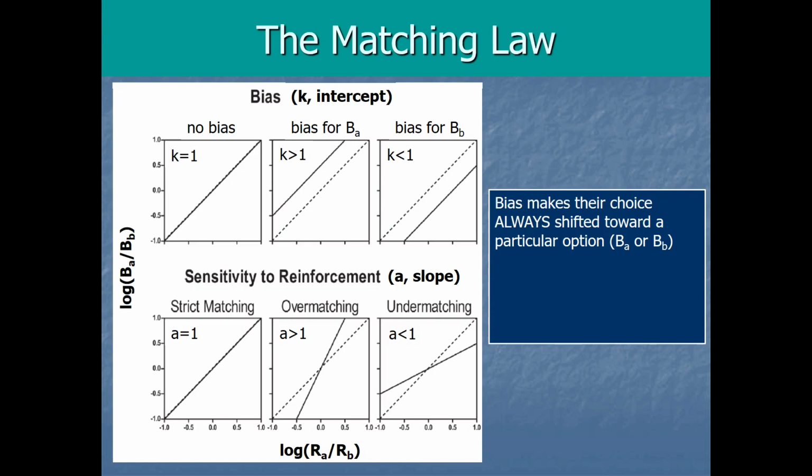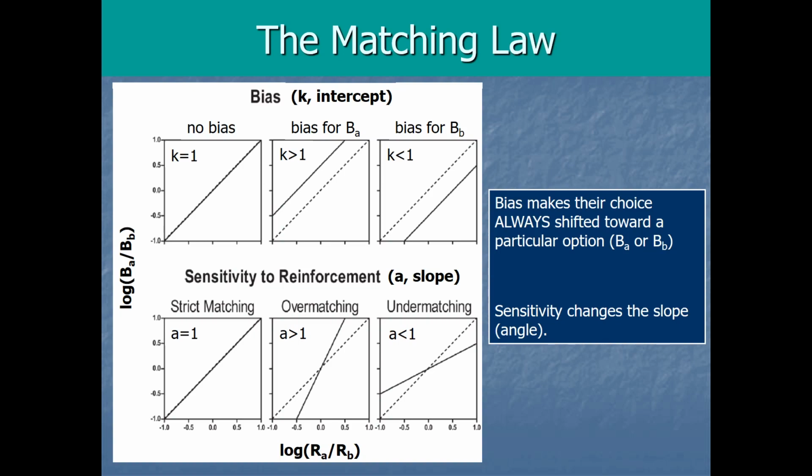If bias, our value for bias k, is greater than 1, like in the middle panel here, you can see their actual behavior gets shifted up toward higher values on the y-axis, a higher ratio of behavior on choice A. If the bias value is less than 1, that would shift the line away from perfect matching, but toward doing relatively fewer behaviors on choice A and more on choice B. So regardless of reinforcement proportions, regardless of the x-axis value, bias just makes their y-axis value always be a little bit extra in the direction of one of those choices, right? On the other hand,